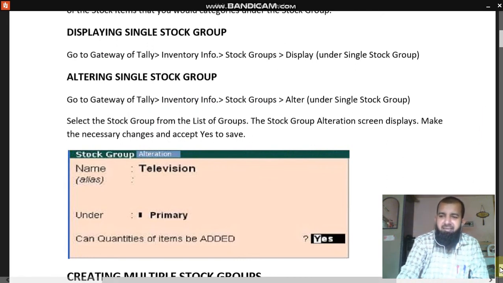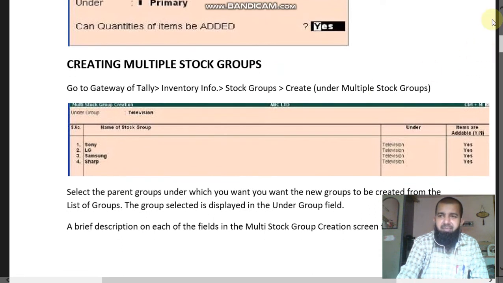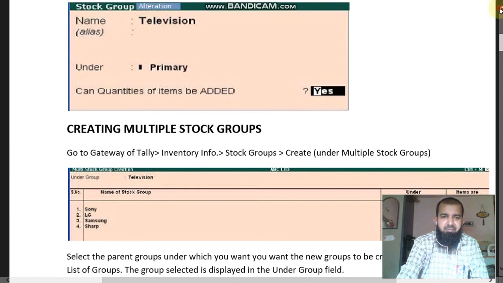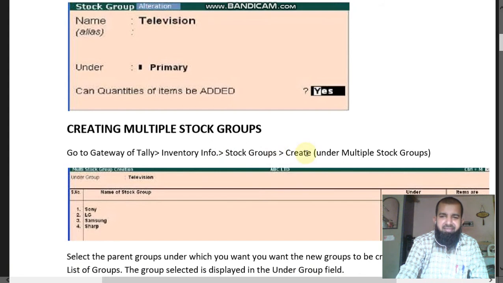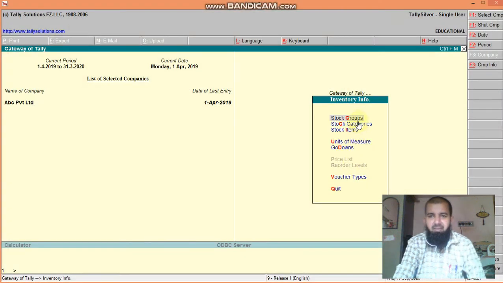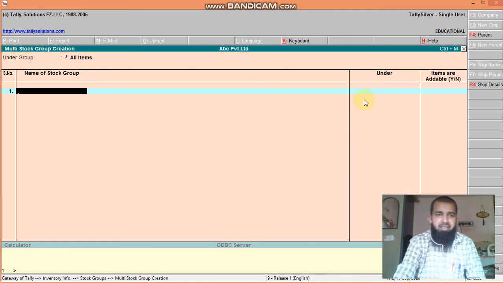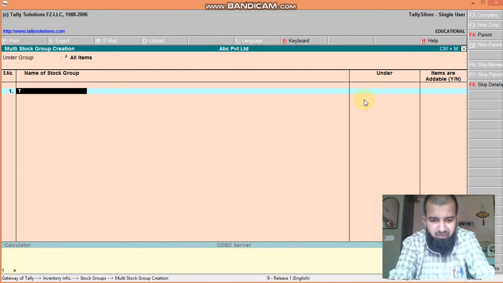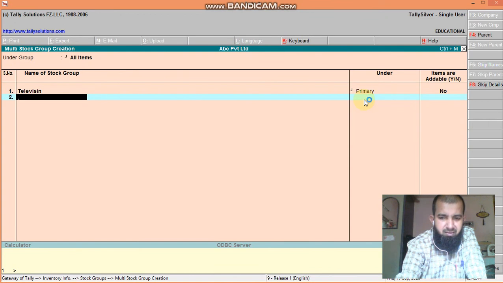Next, similarly, multiple stock groups. You can create multiple stock groups. Go to Gateway of Tally, inventory info, stock groups, create under multiple stock group. Then enter the name of the stock group, example television, then building material.